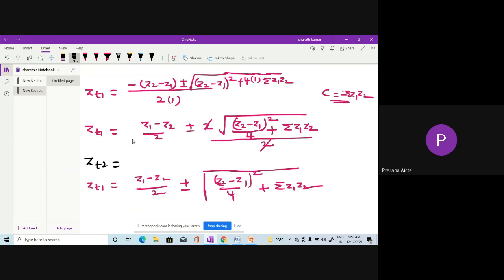ZT2 is equal to (Z2 minus Z1) divided by 2 plus or minus the root of ((Z1 minus Z2) divided by 4) squared plus the summation Z1 Z2. These are very important equations in order to find the iterative impedance of your network,